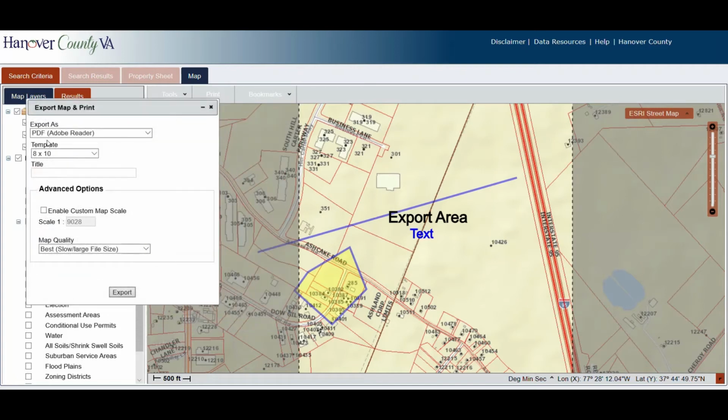It's going to allow you to export it as a PDF, a JPEG, a PNG file. You can choose the size between 8 by 10, 11 by 17. You can title the map. This light area is showing you what the export is going to look like. So if it's not quite where you want it,